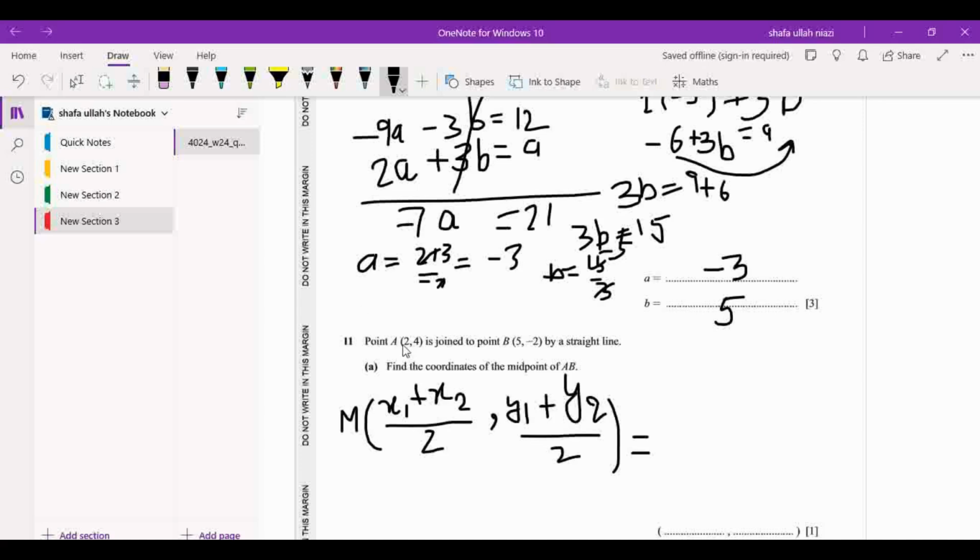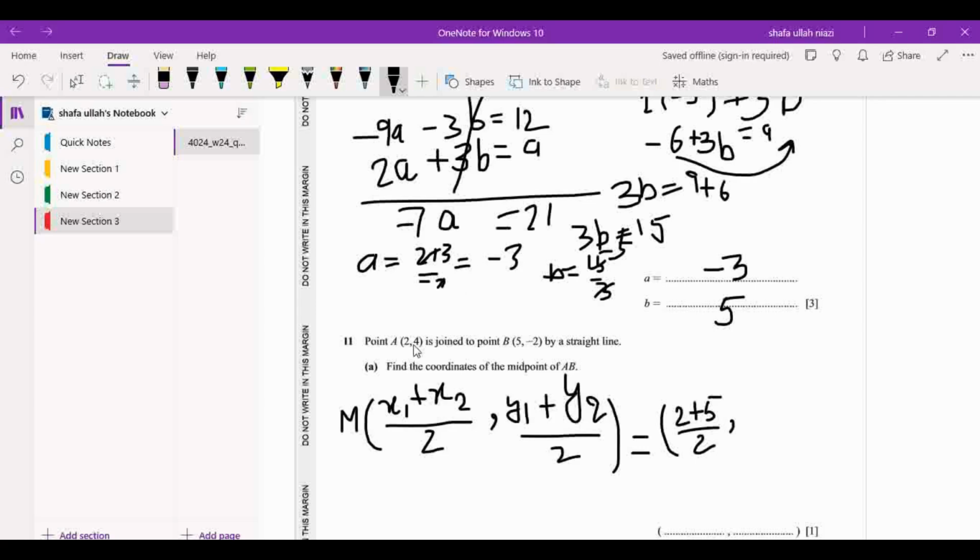This is x1 and this is x2, so we get 2 plus 5, divided by 2, comma